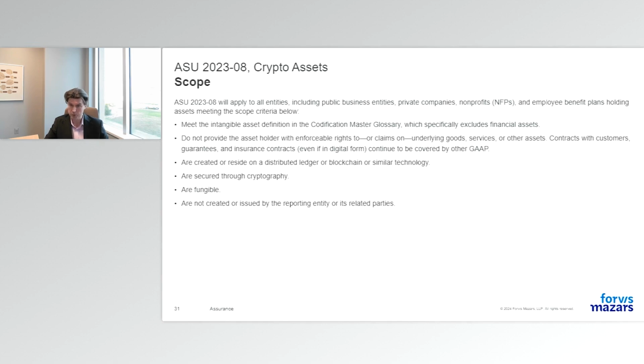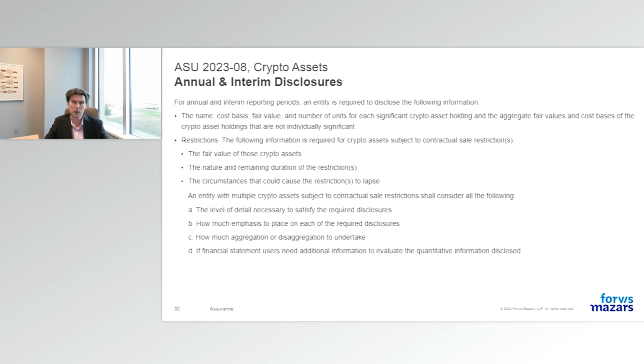For disclosures on this one, the amendments require that the entity, including entities that already have industry-specific guidance, disclose the following information: the name, cost basis, fair value, and number of units for each significant crypto asset that they're holding, and the aggregate fair values and cost basis of the crypto asset holdings that are not individually significant. And then for crypto assets that are subject to contractual sale restrictions, we see that theme coming back through this issue as well, it has to disclose the fair value of those crypto assets, again, same disclosures as we heard in the other issue, the nature and remaining duration of the restrictions, and circumstances that can cause that restriction to